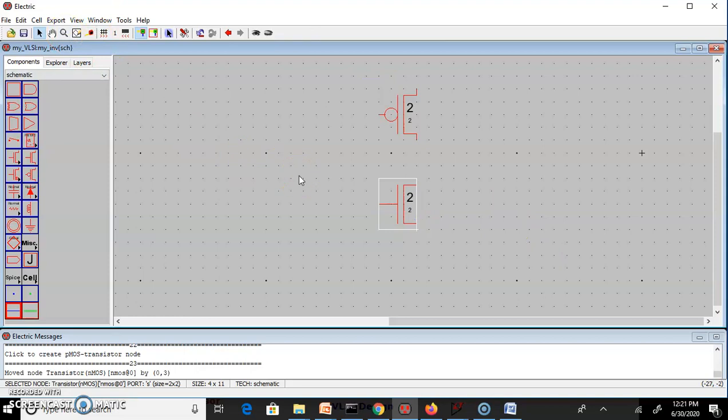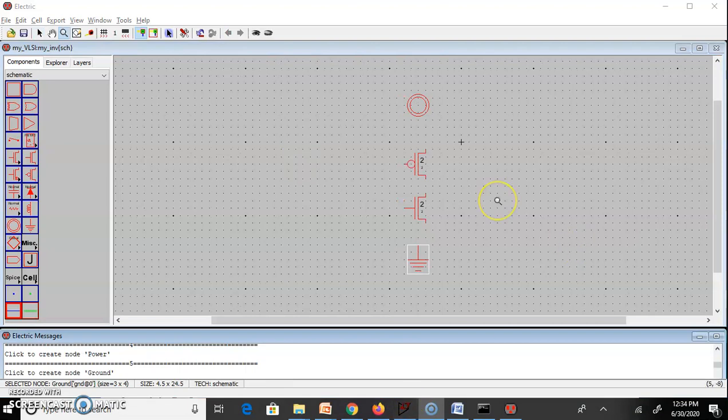You can zoom them little bit. You can observe NMOS and PMOS both are having size 2 by 2. You can place power and ground.